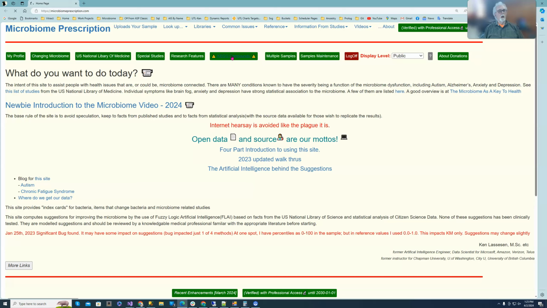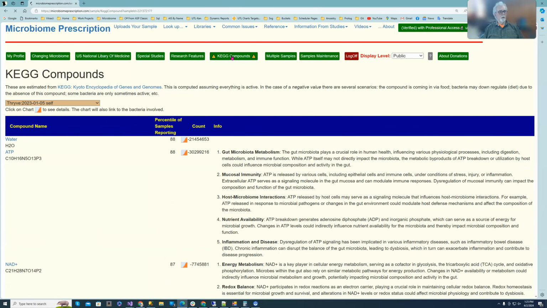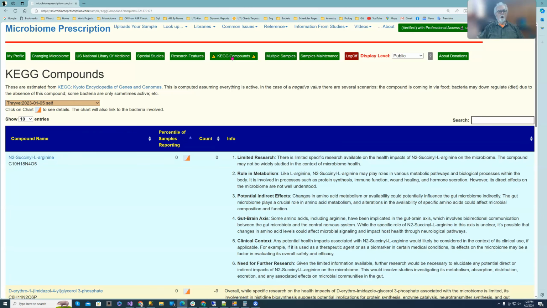When it downloads, it will eventually pop up with a search box. And the search box is very critical. What we have here is a particular compound that's produced. Some of the stuff you may already know, like butyrate, etc. For example, if I type the word butyrate,